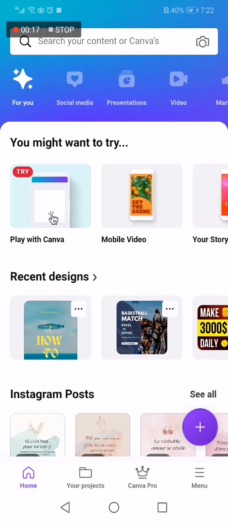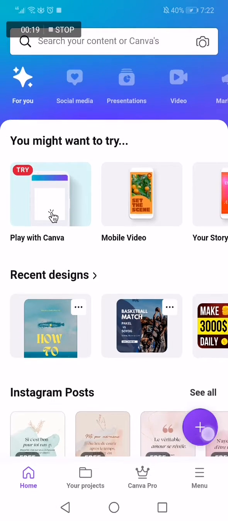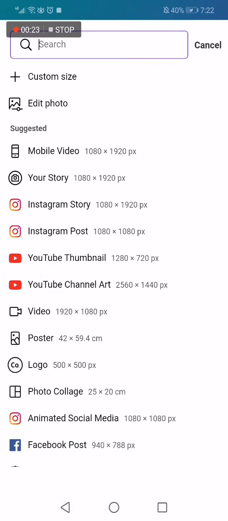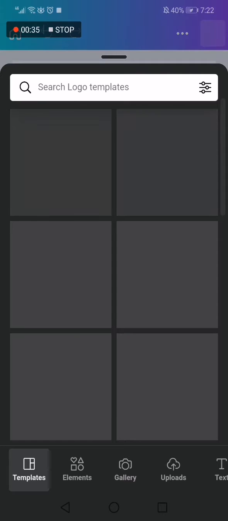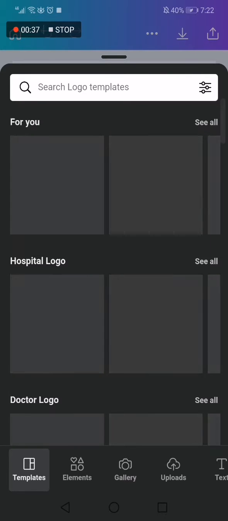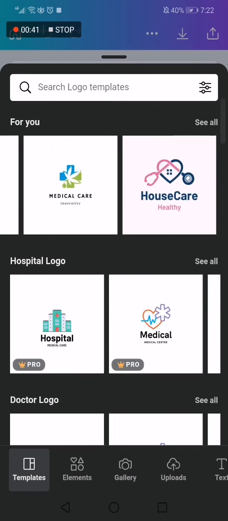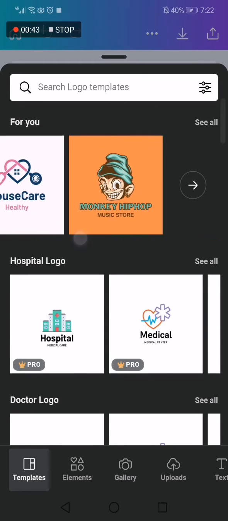and it will take you to this home page. Now you have to go here and click on this plus icon right here, and then it will give you many options right here, but you have to choose the logo option right here. As you can see, click on it and it will take you to this page right here, and you will find logo templates, fast and easy, and then choose one of them like this